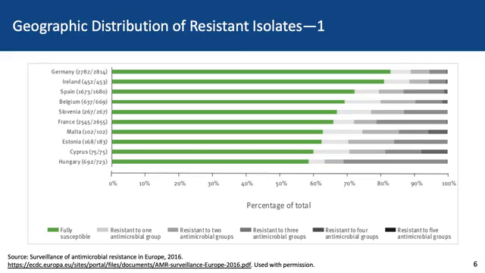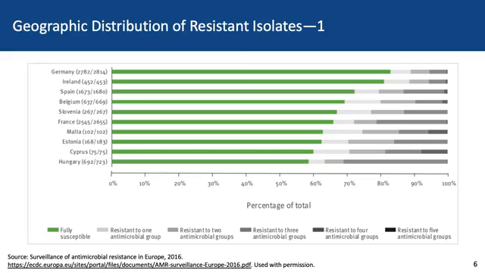So in the light gray, it shows the isolates that are resistant to one antimicrobial group. And then all the way on the other side in black, it shows the isolates that are resistant to 5 antimicrobial groups, which would be highly, highly resistant. So now let's look at, this is just a portion of the table with a few of the countries that